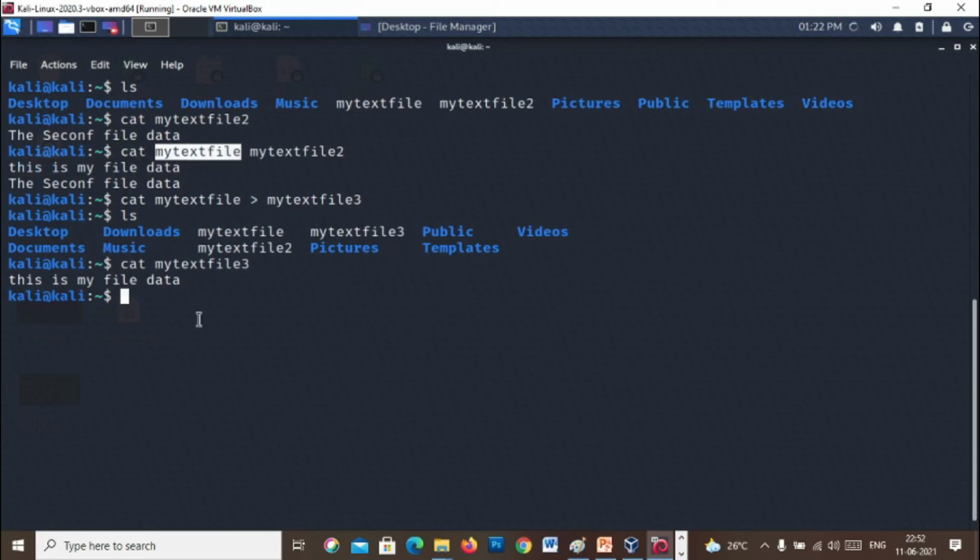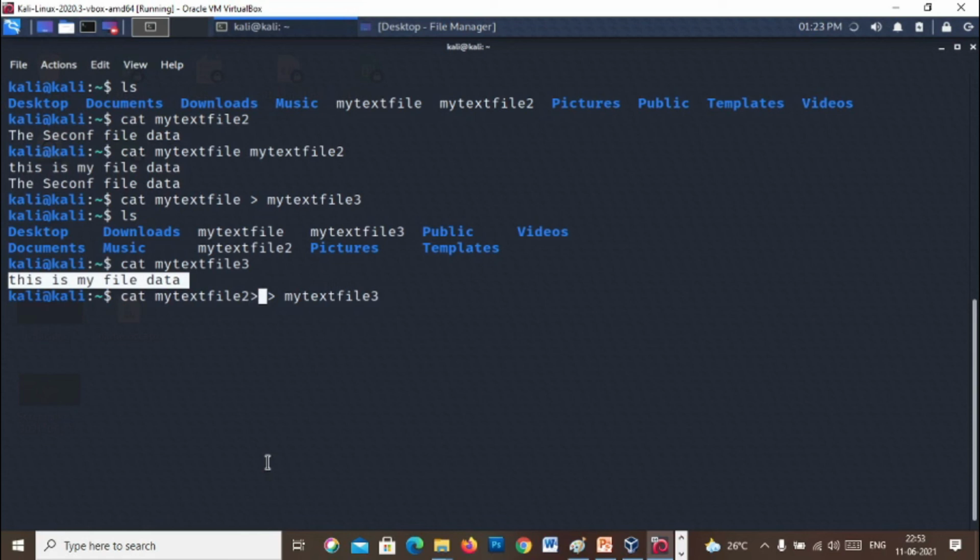If we use the double greater than symbol to append data to an existing file, then what happens? We can use here my text file 2, and this line, the second file data, is the content of my text file 2.